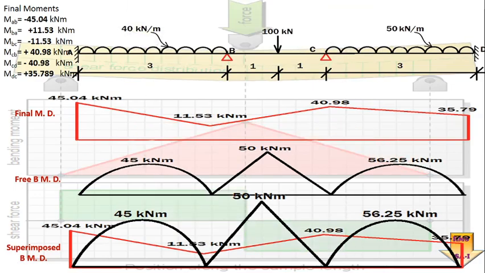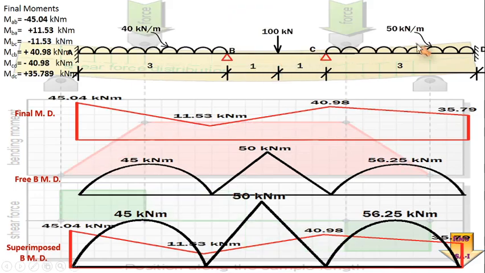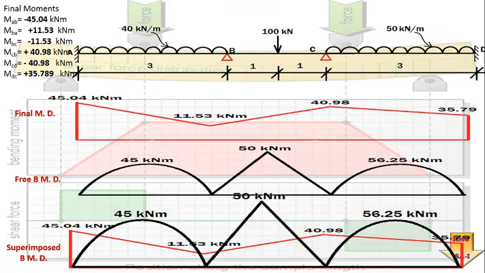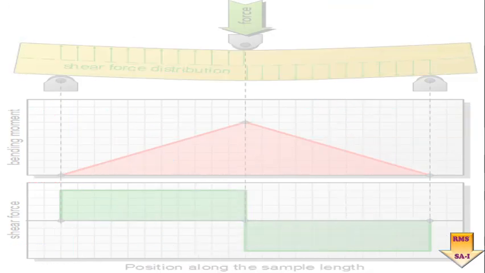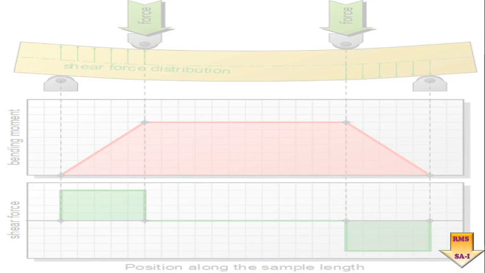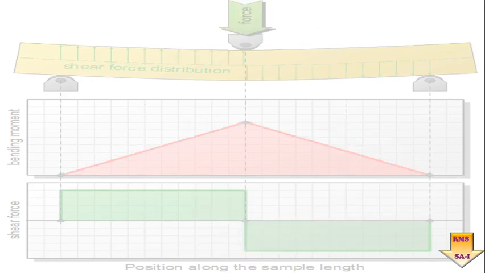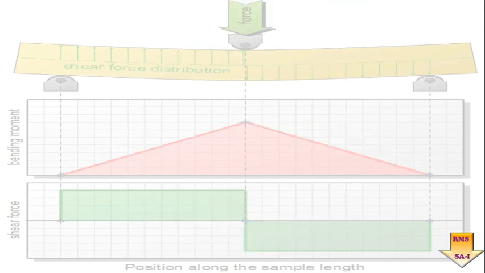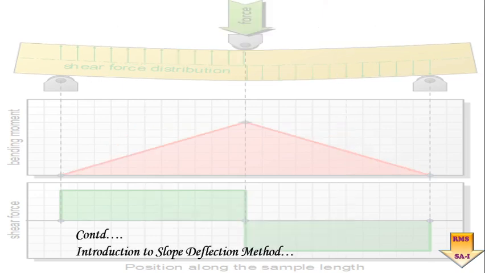After finishing with the first span, move to the second span, then the third span, and this is how we are going to complete the solution of this problem for finding out the various unknowns present for this particular continuous beam, along with the effect of the sinking of the support. So I hope you all have got how the effect of sinking of support is to be taken into account when we are dealing with the moment distribution method. I hope you have understood the methodology, and I am sure you will be able to solve many more numericals on this. So this is what we have for today.